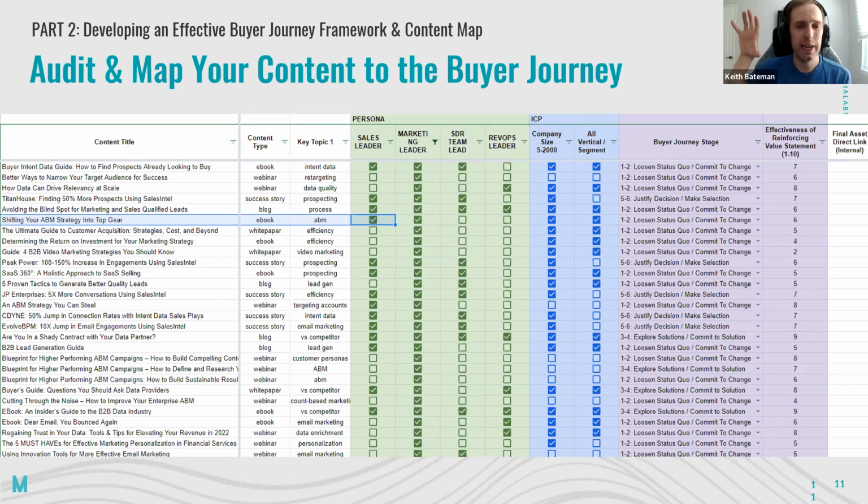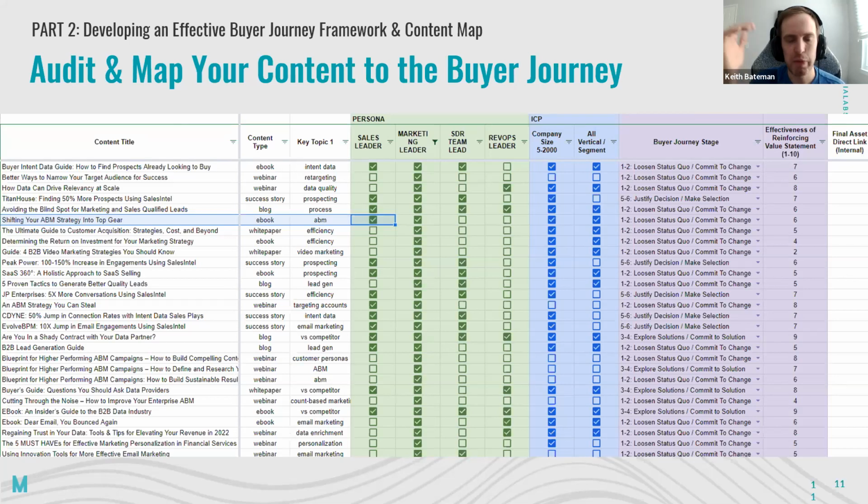You can create a simple table just like this, where you have your content titles, your content types, your topics that they relate to, your personas. So you'll see I have on here sales, marketing, SDR team lead, RevOps. Then you have your ICP fits: company size, vertical. You could have other layers, technographic layers. And then we have our buyer journey stages.